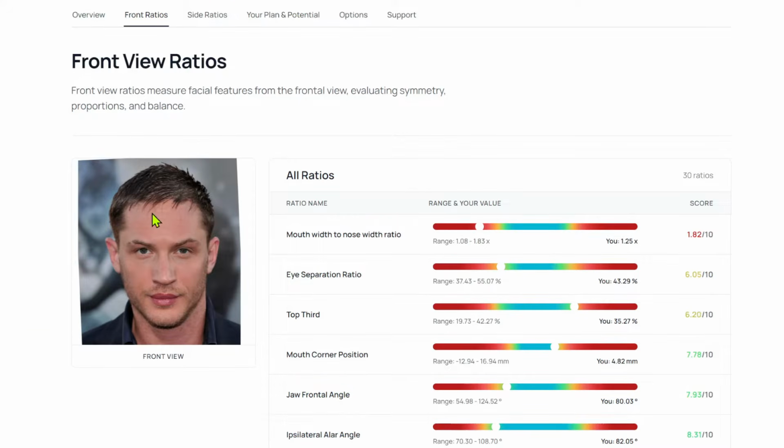So I've marked his front and side profiles. We'll start with the front and go through all his harmony measurements with these useful visual guides as well, and talk about his key strengths, his key weaknesses, and what makes his face so attractive. And then by the end of the video, we'll have a scale of 0 to 10, what he gets,